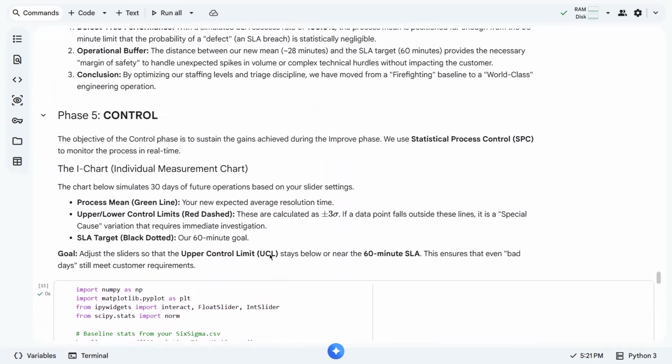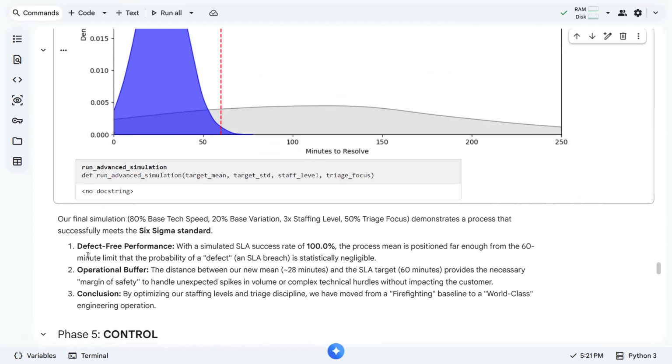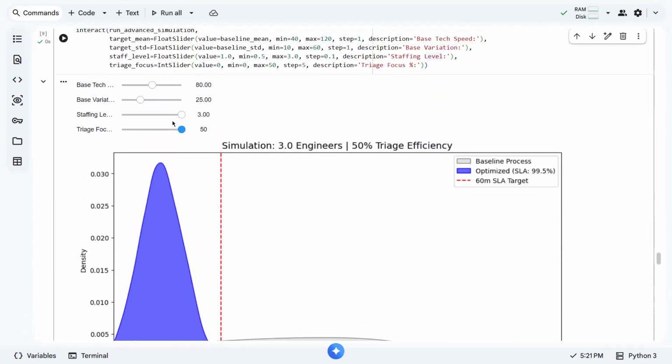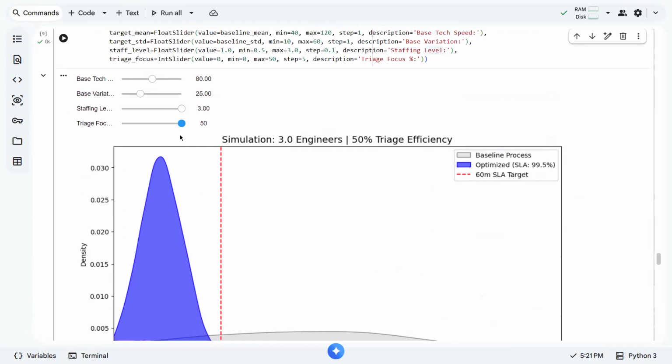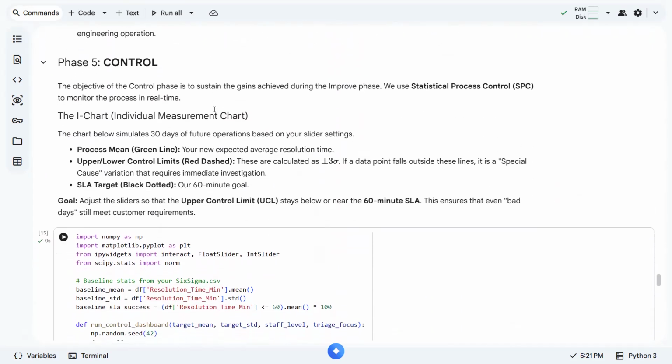Now, assuming we have implemented our initiatives to achieve this new configuration, we can make use of a new system like an AI-based tool, or we can triple our staff, train them so that we can have less variations and better triage focus. Now we implement and then observe what happens.